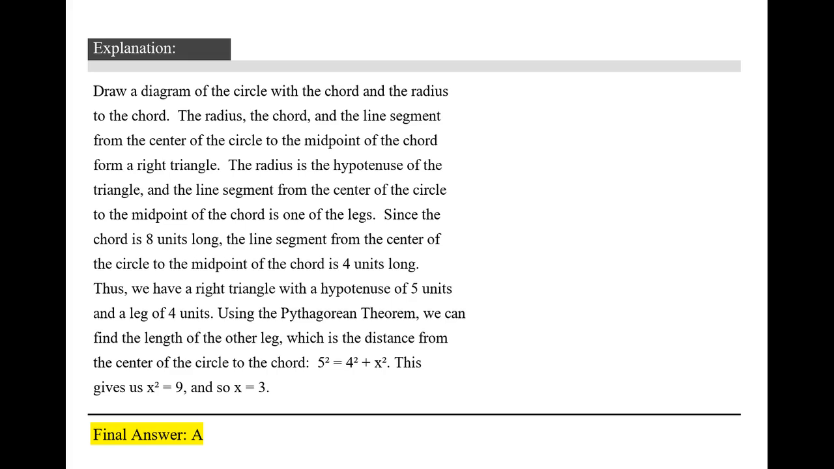Multiplying both sides of the equation by x plus 2 gives x cubed equals x plus... The chord and the line segment from the center of the circle to the midpoint of the chord form a right triangle. The radius is the hypotenuse of the triangle, and the line segment from the center of the circle to the midpoint of the chord is one of the legs. Since